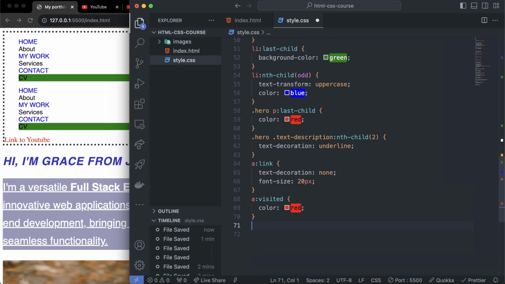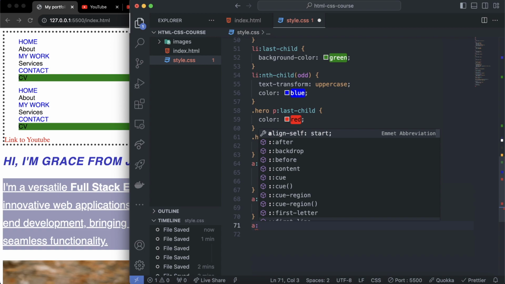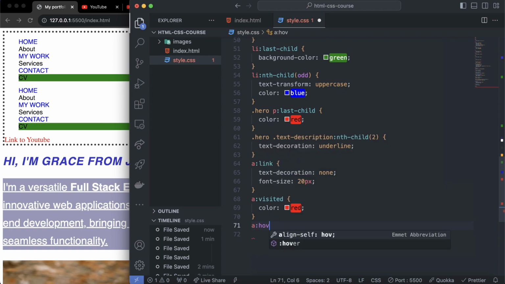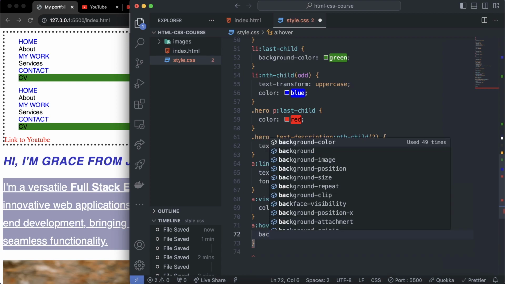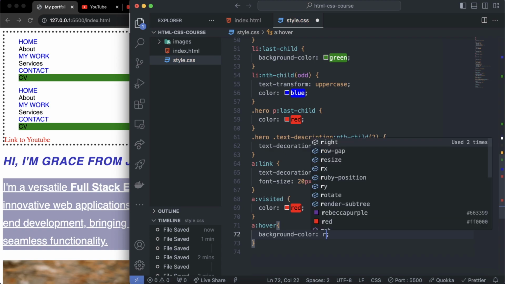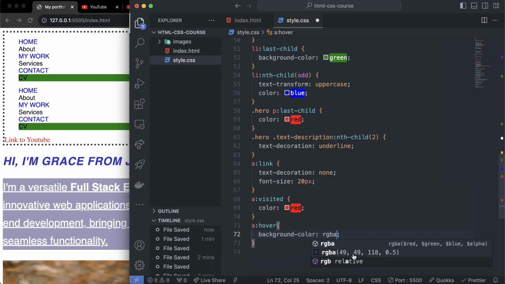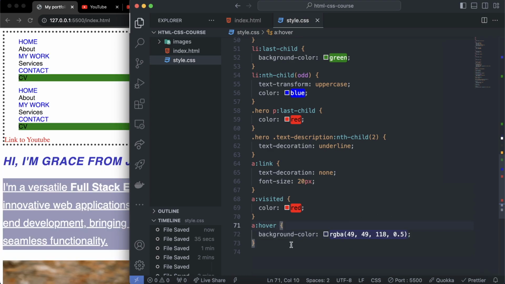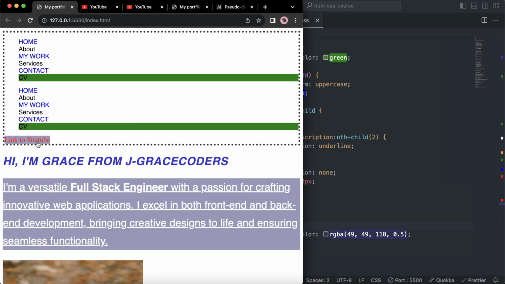The next very important pseudo class on hyperlink is what we call the hover. So this. And for now, let's just give this a background color of, let's use RGBA. Let's use this and save this file. So what this does, let's go back to the link. And here, when you hover on this, you see the background color. So that is how you can style the different states of this link. So when you go to websites like YouTube, you go to google.com, you actually see this particular behavior on links,